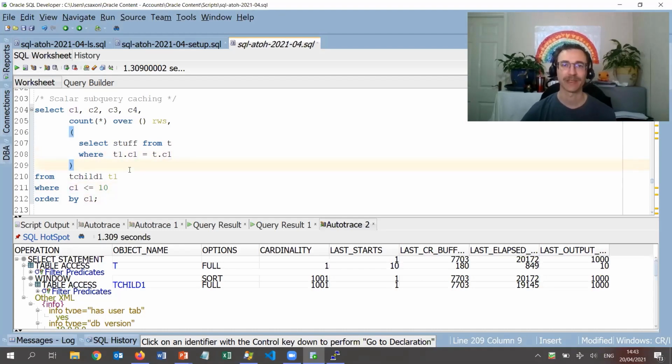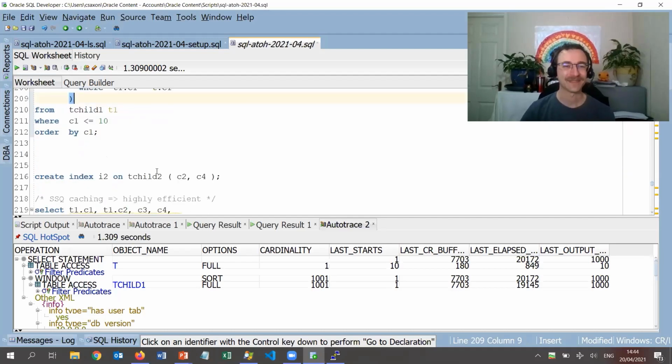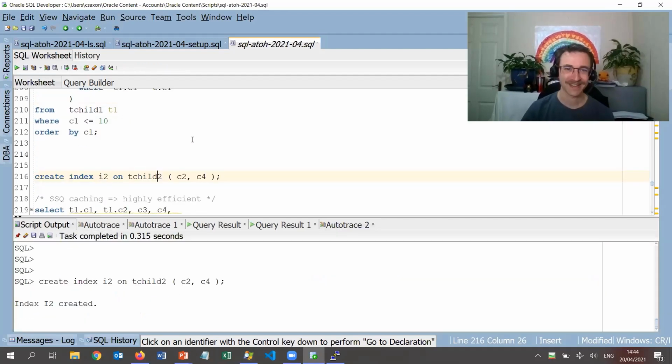So the database is able to save the result of it and not execute it 1,000 times. So this can be a big saving. And in some cases, this can actually be substantially quicker than doing a join or any of the other things I've talked about. So now, finally at last, I'll create an index because it helps demonstrate the point a